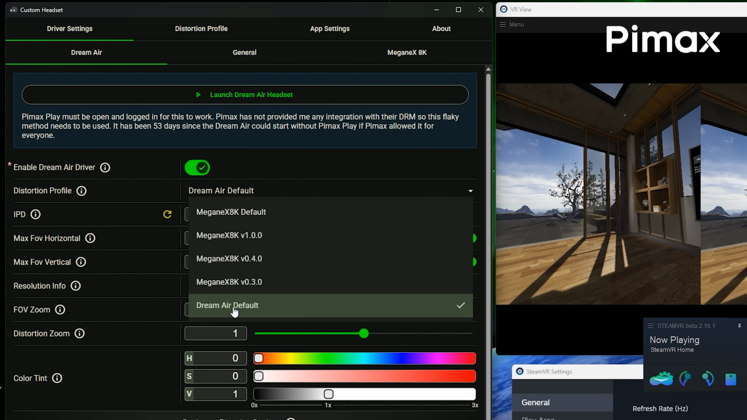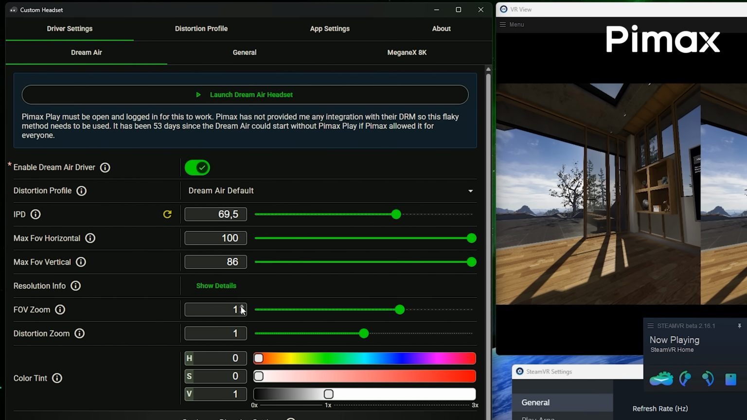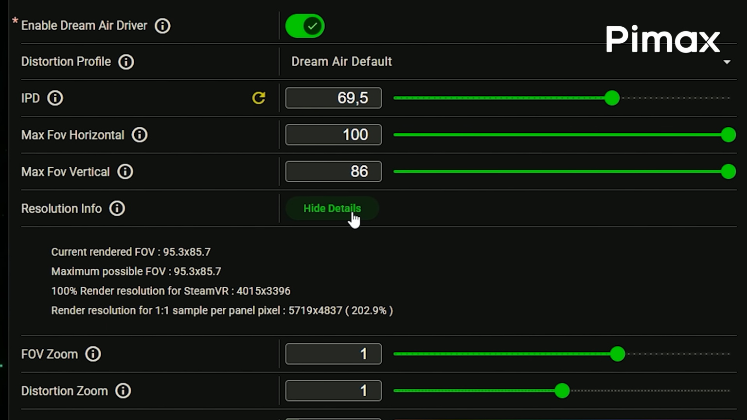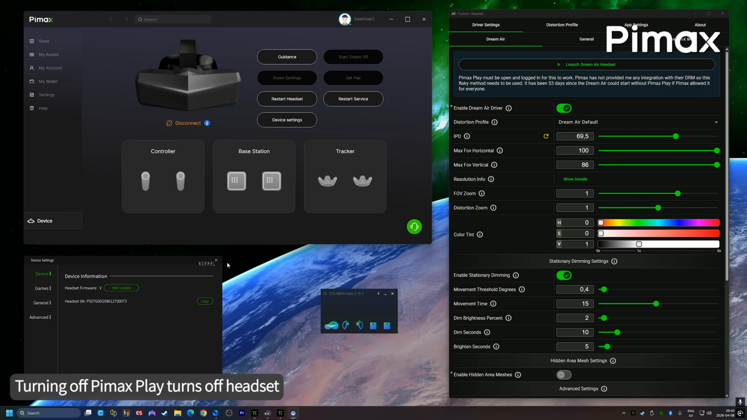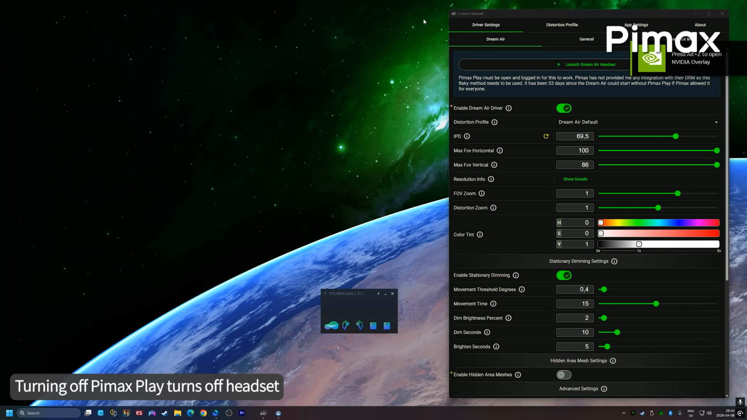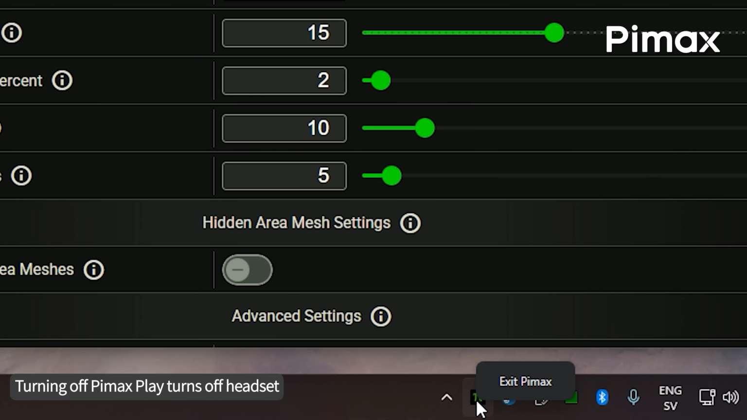Secondly, there's only one distortion profile and field of view mode available for the Dream Air at this time of testing, which maxes out at 100 degrees horizontally and 86 degrees vertically. But as I said, we can expect a whole bunch of profiles coming up, but for now this is all we can use today. Also, due to the Pimax DRM, at least currently, you cannot completely close down Pimax Play